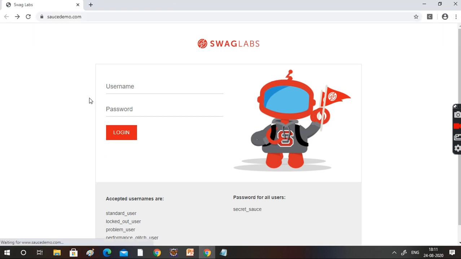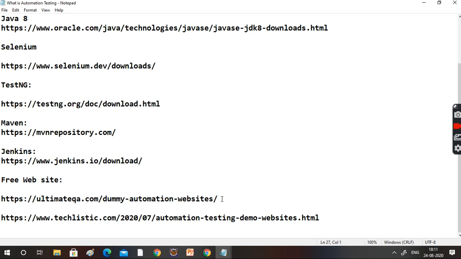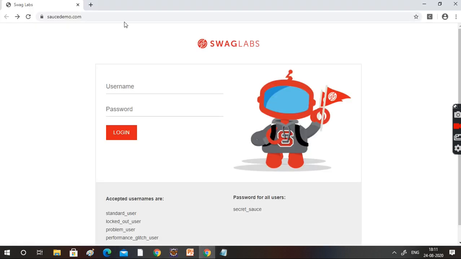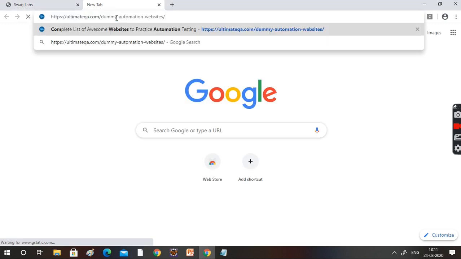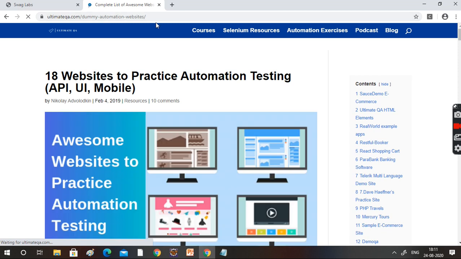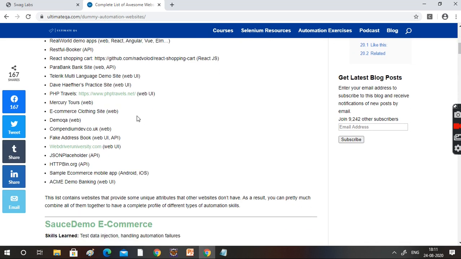And again you will be getting the doubt, boss, from where can I get this site? Shall I use it? No problem, you can always use it. If you are looking for more sites also, I would recommend going through this one. Just go to this particular site. If we go to this ultimateqa.com dummy automation website, you will find n number of websites over here.